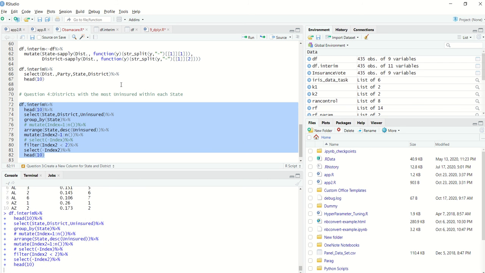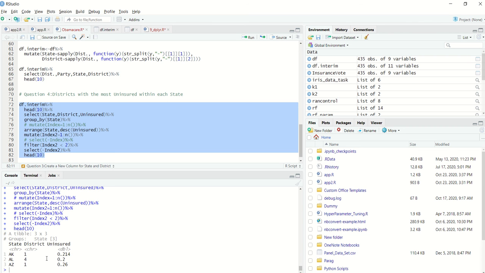Now if I do this, I will get the district within the state with the maximum uninsured percentage. So what essentially did we do? We took the data frame, we selected the state and district columns, then I grouped it by state and arranged it by state and then descending order of uninsured percentage.